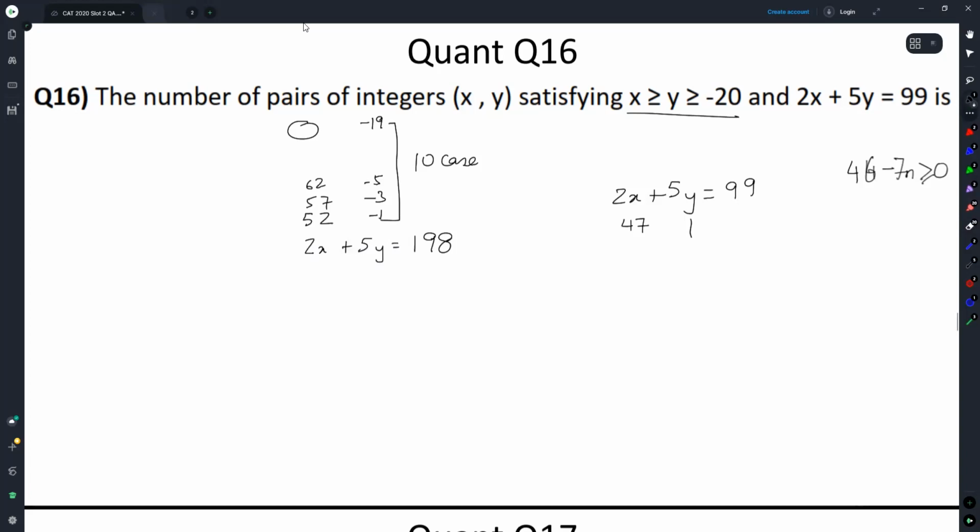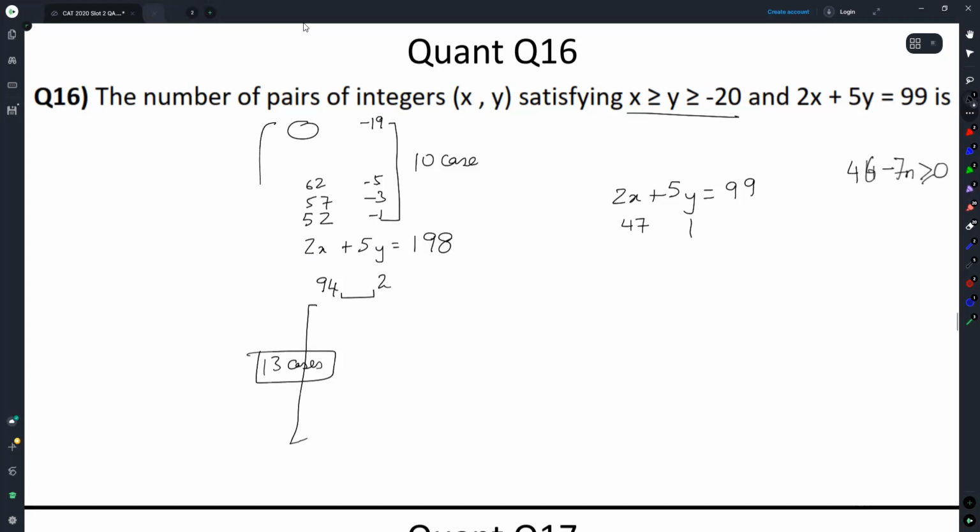First case would be what? Y equal to 2 and x equal to 94. The gap between them is 92. There will be 13 cases after this. You don't really need to write down every individual case. You can straight away go, there will be 13 cases after this.